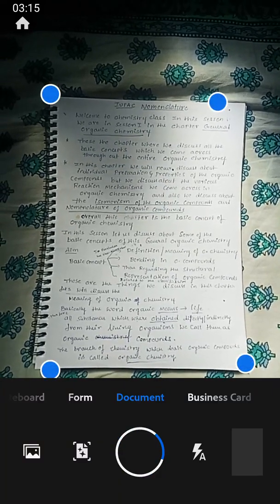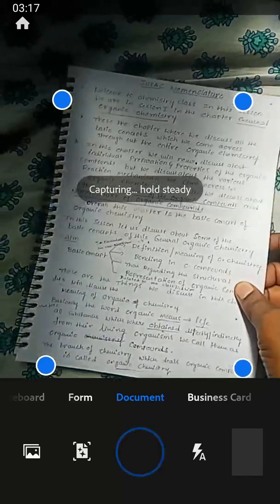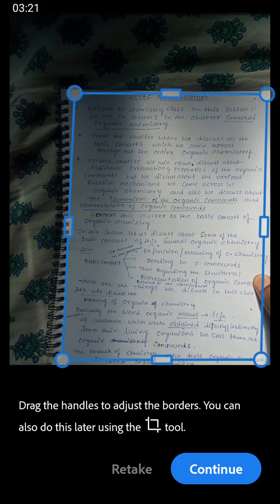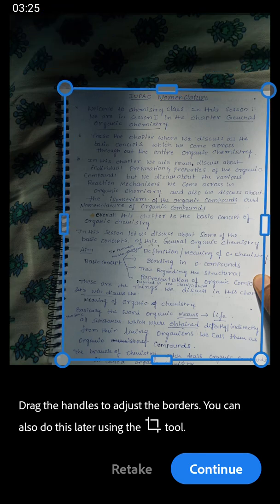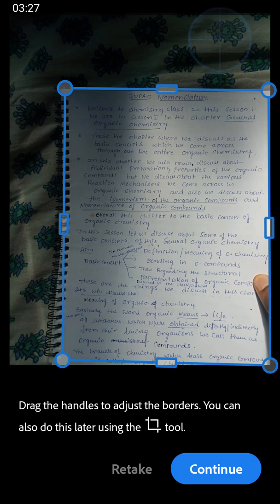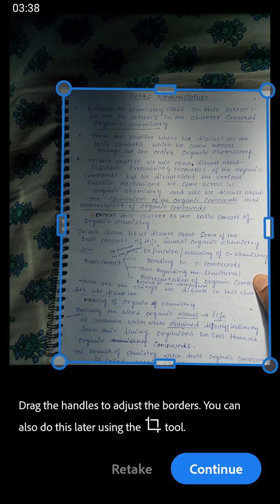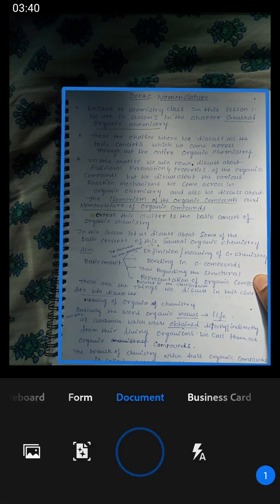Automatically it will collect. So please keep your paper in good lighting conditions. Right, now you can adjust the paper. That's why I'm suggesting you to write on the scan with Google Adobe Scanner. See how it looks. So then I have 2 more pages. Suppose if I have 2 more pages, do one thing, click continue. Again it will scan.